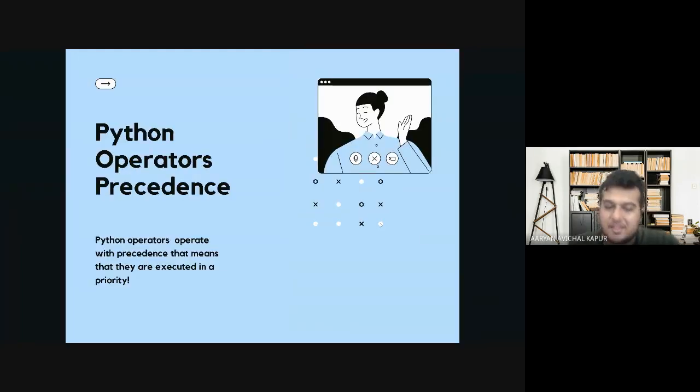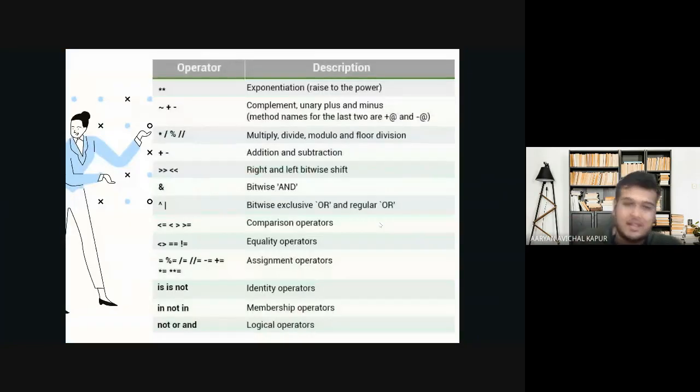Now we look at the precedence of Python operators. This means that if you have multiple operators, as we did with and, we had a lot of operators there, what priority does the system have to execute them? In maths you have the BODMAS rule, in which you understand in which sequence these functions will be executed to calculate the final value. Same goes for Python operators. Here you can see the top is the highest priority, and the bottom is the lowest priority. This is a table for reference.